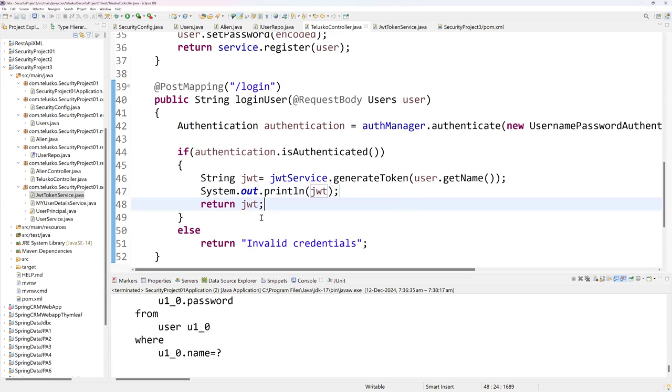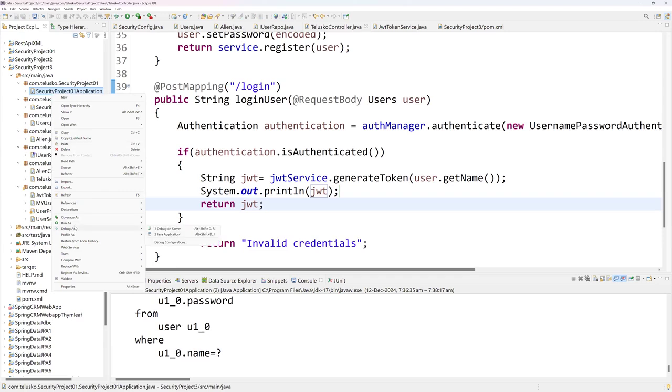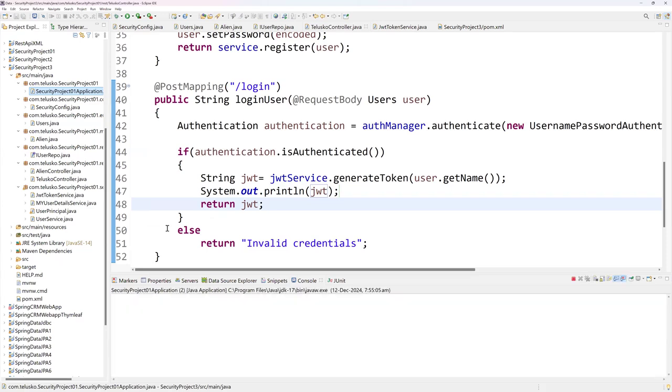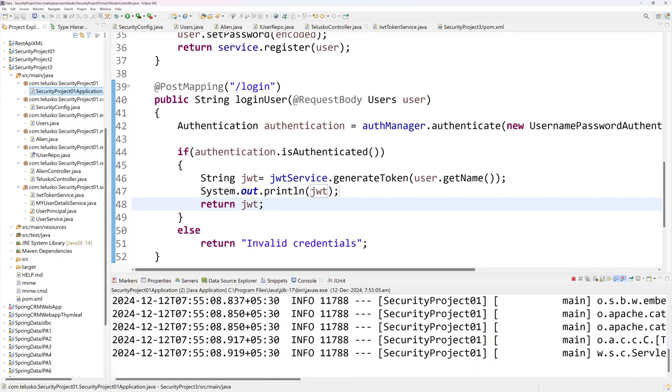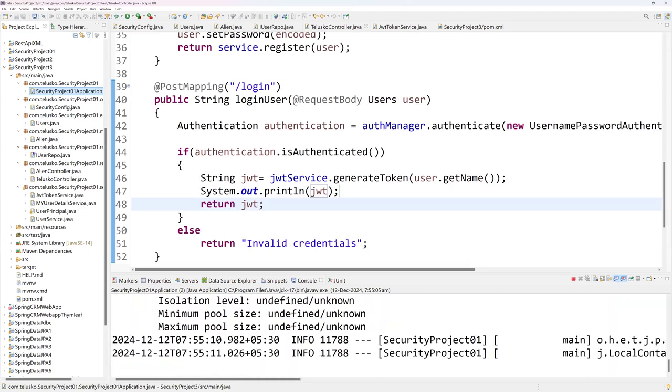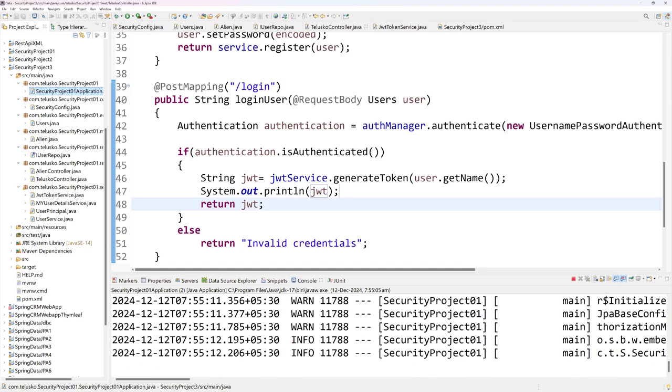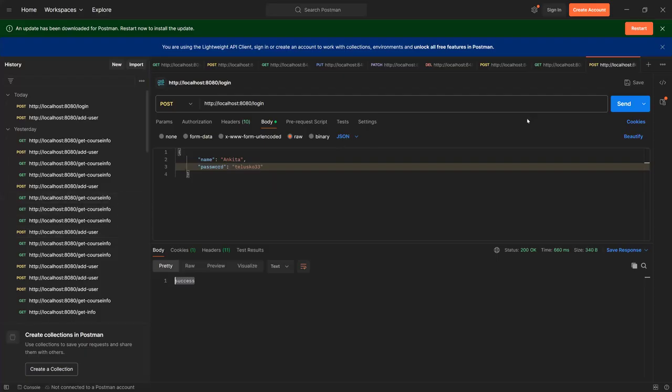Okay. Now I would like to deploy my application. Let me see if I'm able to get this. I'll say here, right click, run as Java application. It is executed. I'll go back to my Postman tool. I'm going to log in, guys, with the help of this. If I hit this enter key,